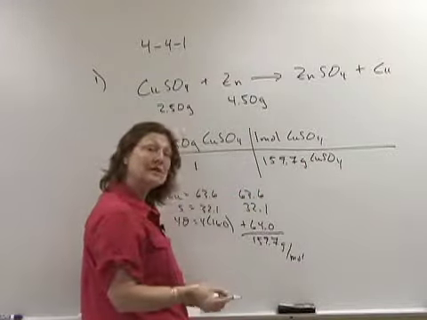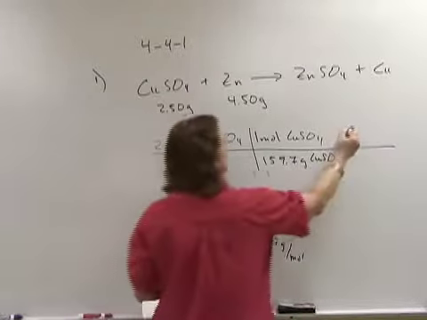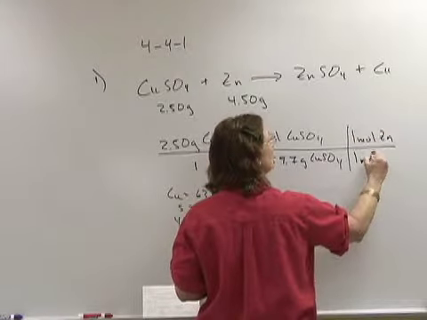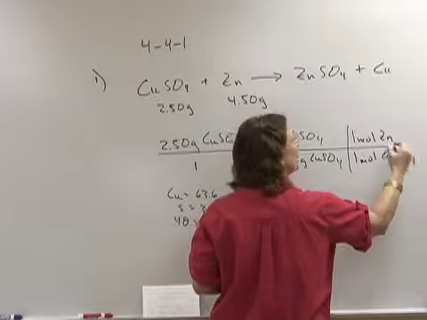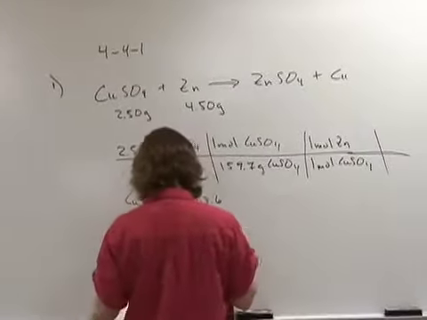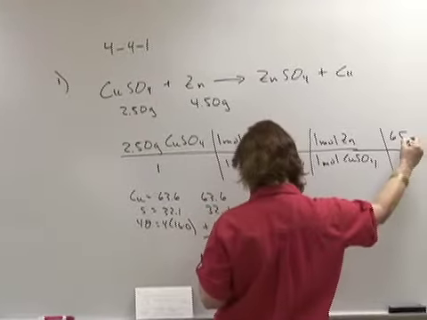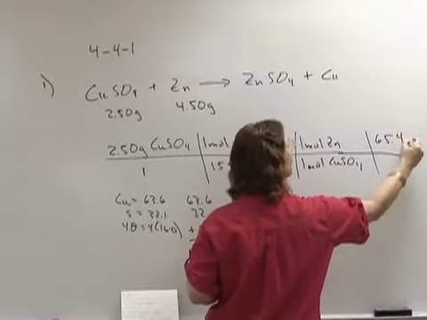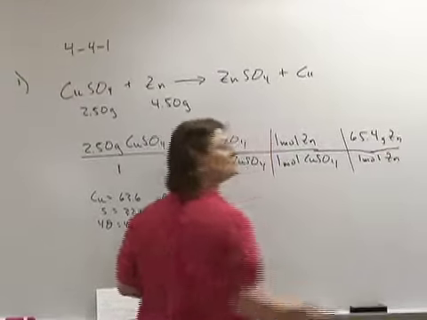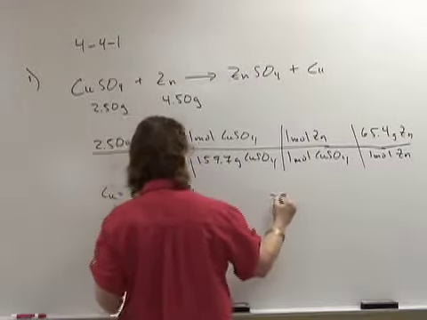And that gets me to moles. And then I must change to zinc. This is a mass type of problem. Well, 1 mole of zinc to every 1 mole of the copper 2 sulfate. And then I go back to my grams to find out how much I needed to use. And the AMU here for zinc is 65.4 grams of zinc for every 1 mole of zinc. And that's merely the AMU from the periodic chart. And when I do this math, I get